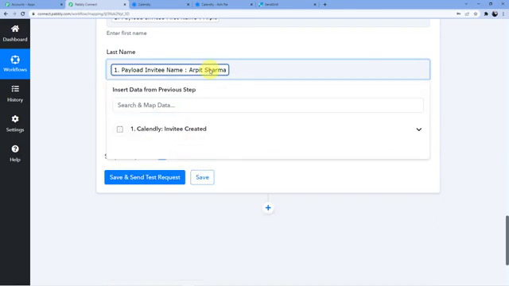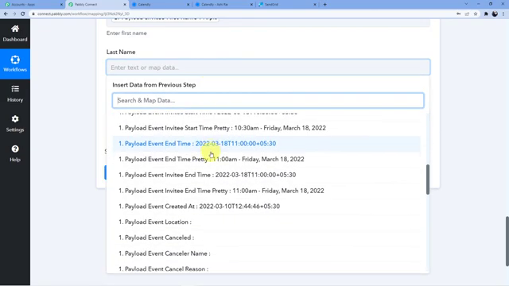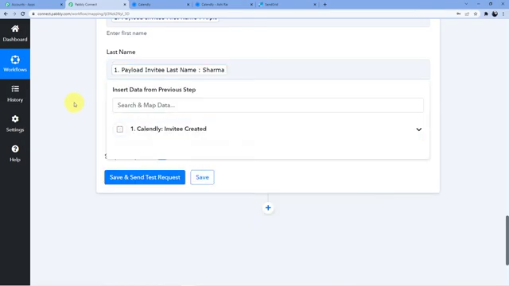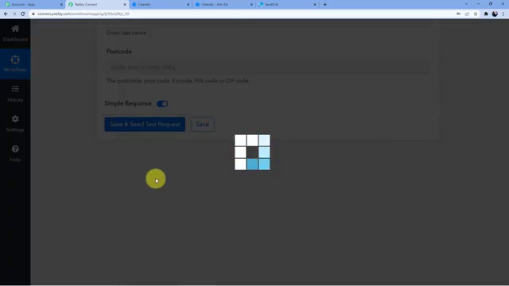Oh, I'm really sorry for that. Let me just delete this. Arpit and Sharma. Okay. Now what I'm going to do, I'm just going to click on save and send test